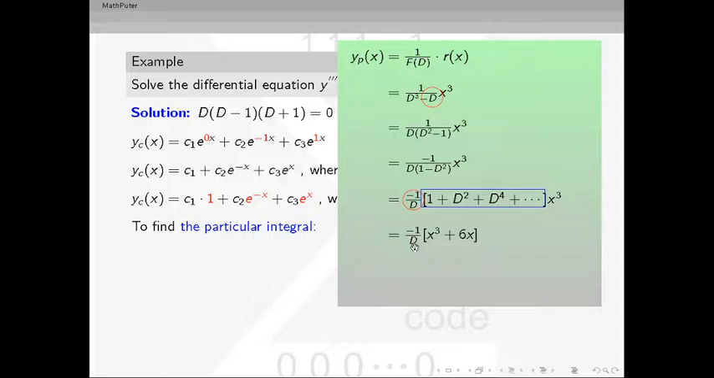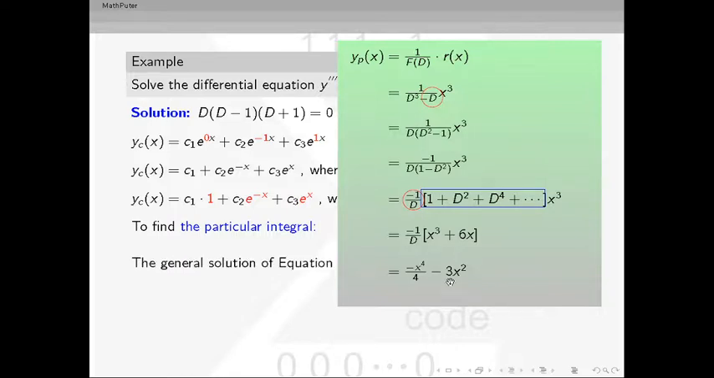Yes, D is derivative. So what is 1 upon D? That is D inverse. Inverse of derivative is integration, that we know. So let us integrate this quantity. The integration of x cube is x raised to 4 upon 4 with this minus sign. The integration of 6x is 3x square with this minus sign. So our yp(x) is this